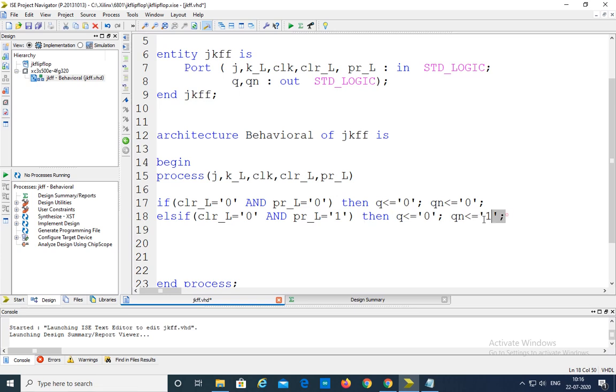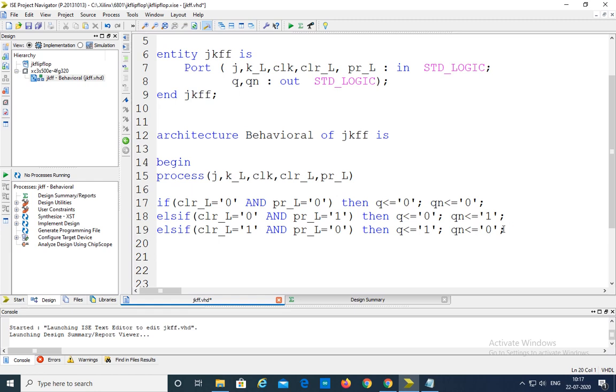Similarly, if it is not 0 0, and if it is not 0 1, and if it is 1 0, so 1 0 means here preset is active. Preset is active means the output Q is equal to 1 here, and then Qn is equal to 0.